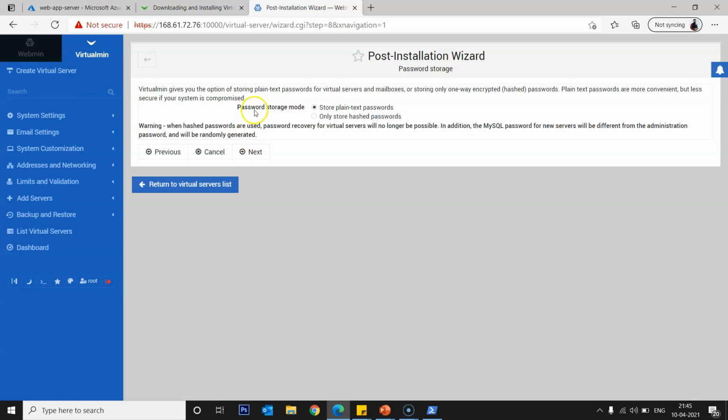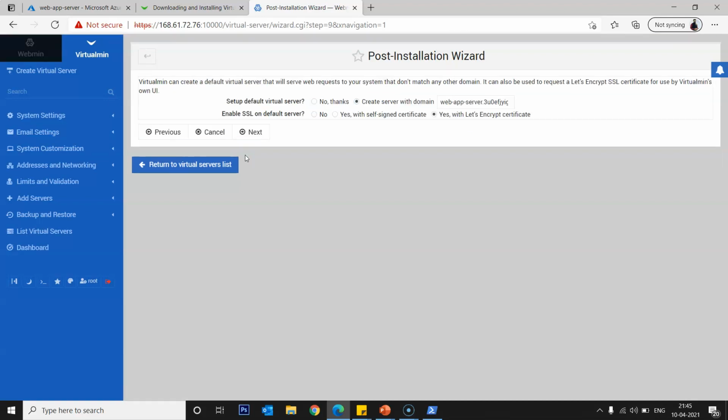So how do you want to store your passwords, as plain text passwords or only as hashed passwords? You can always choose the option. By default I'm using store plain text passwords. So do you want to set up a default virtual server during the post installation, or leave this for next time, or set up something customized for the user?